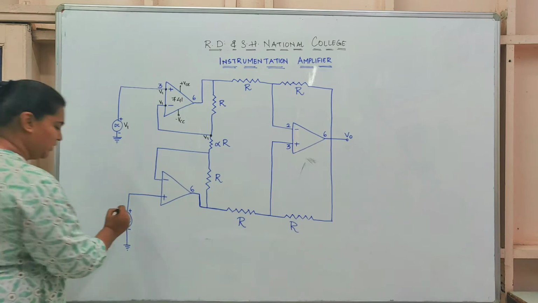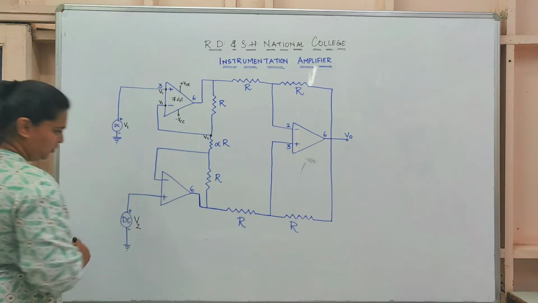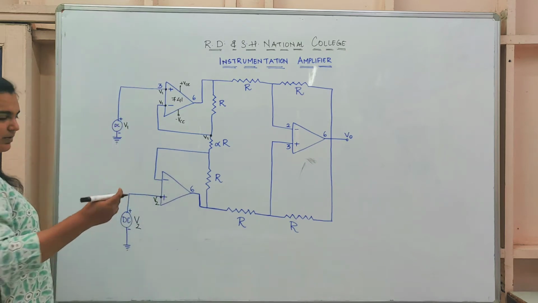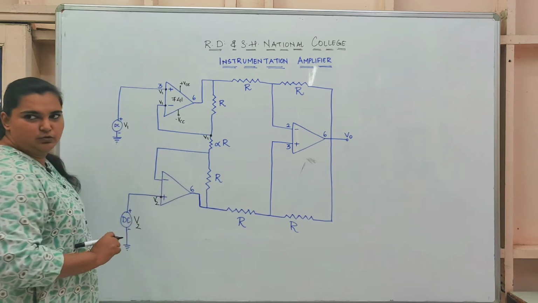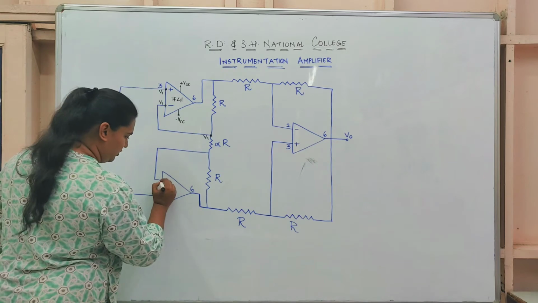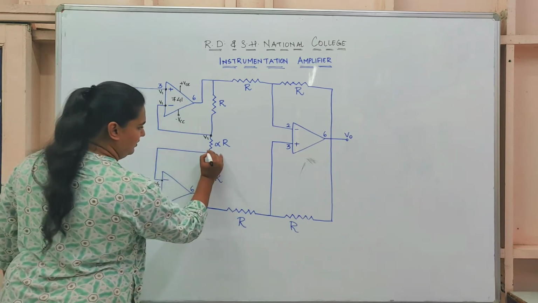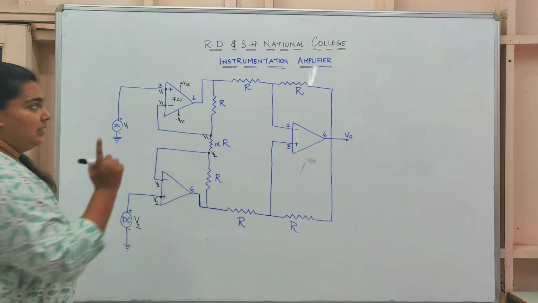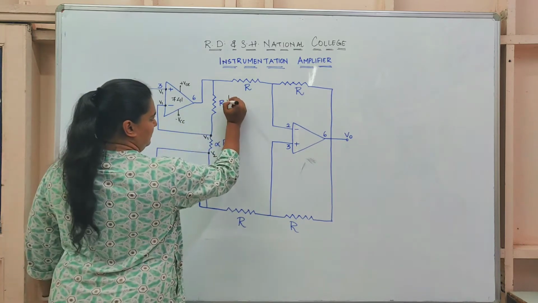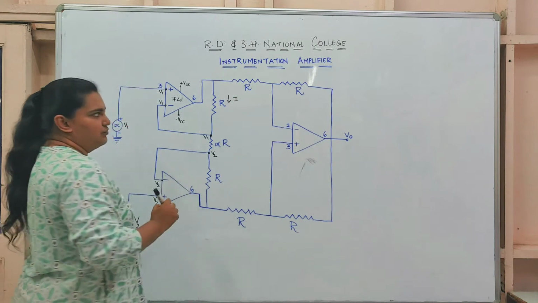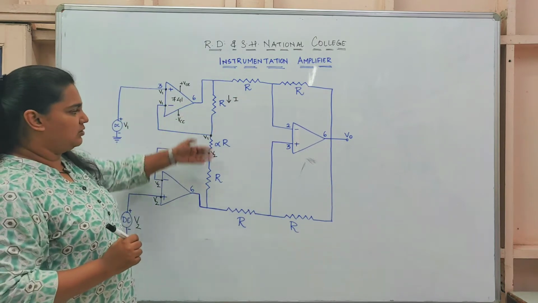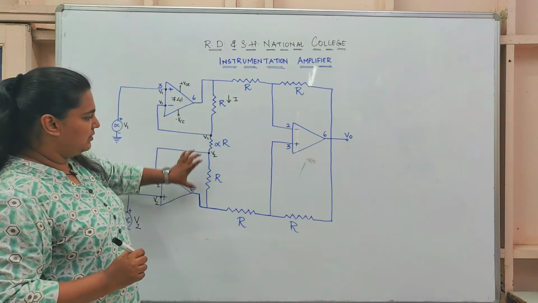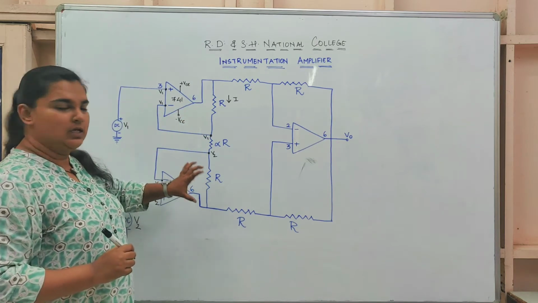Now suppose the voltage here is V2. So the voltage at this point will be V2. Since this is an op-amp as a buffer, both the terminals will be held at the same voltage. So this will be V2, and as a result the voltage here will be V2. Let's say I is the current flowing through this circuit. So current will remain constant throughout. So because of that, current between every block here will be equal.